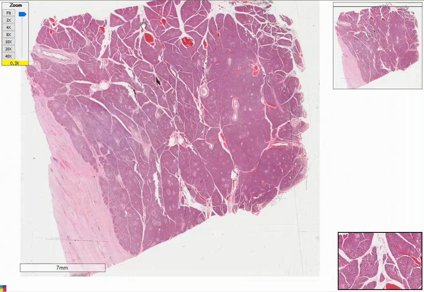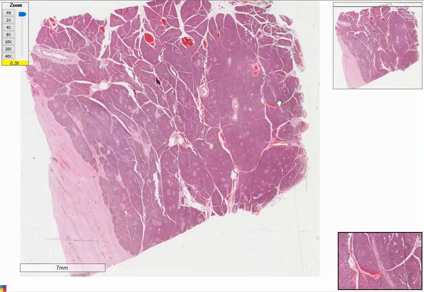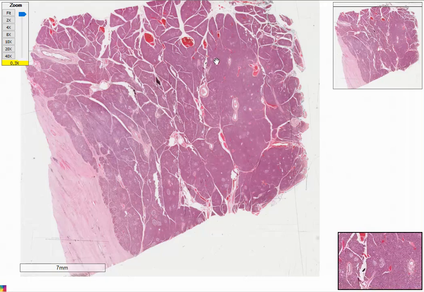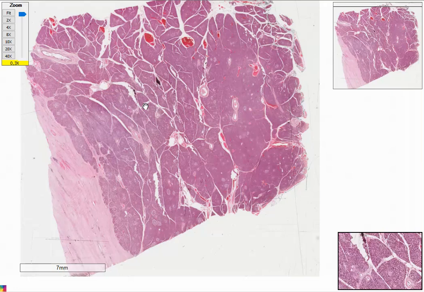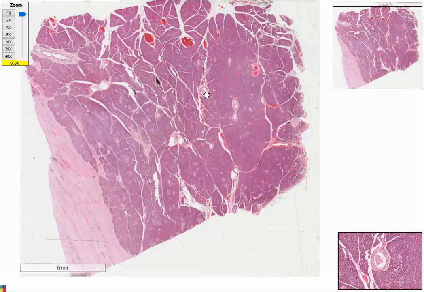Between those lobules we can see fibrous septa, and you may mistake it for a salivary gland at low power, but I'll show you some features that actually make it different from a salivary gland. So capsule, lobulated, you can see ducts there, blood vessels,